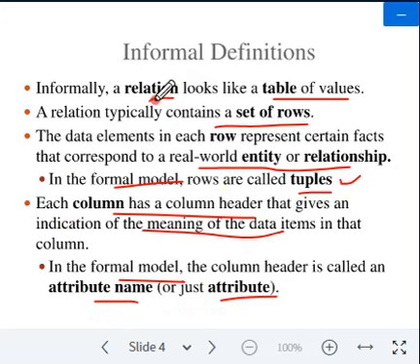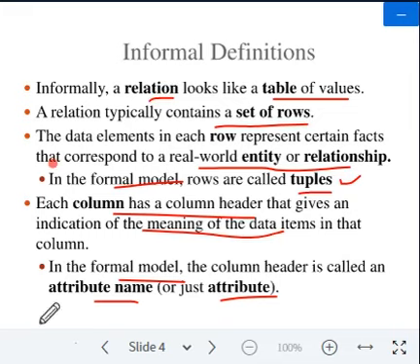In the relational data model, we represent the data in the form of tables. The table we call a relation. Why do we call it a relation? Basically, it is a set of records with a common set of column headers. These column headers are related to each other, and each column header has some implicit meaning.